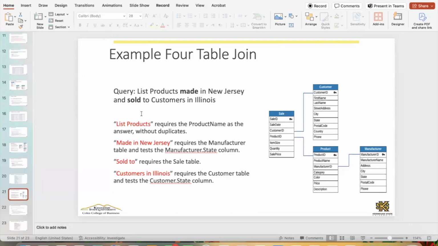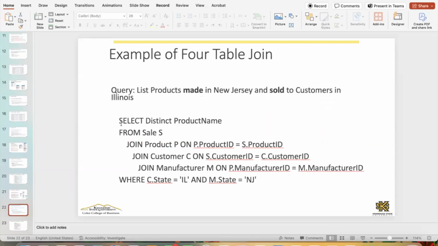Made, manufacturer table. Sold, sale table. Customer, customer table. So technically we are dealing with these 4 tables. So right now,